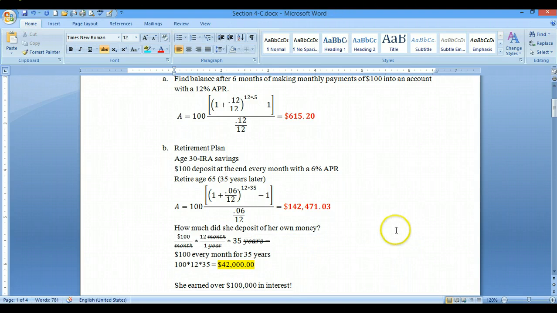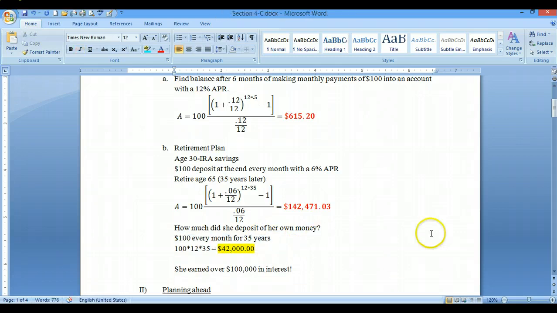Either way, we still end up with 100 times 12 times 35, which we talked about from the beginning, and highlight your answer. I'm going to go ahead and delete that so that my notes still line up with the pages, and I have $42,000. She only deposited of her own money $100, 12 months for 35 years, $42,000, and she ended up earning or